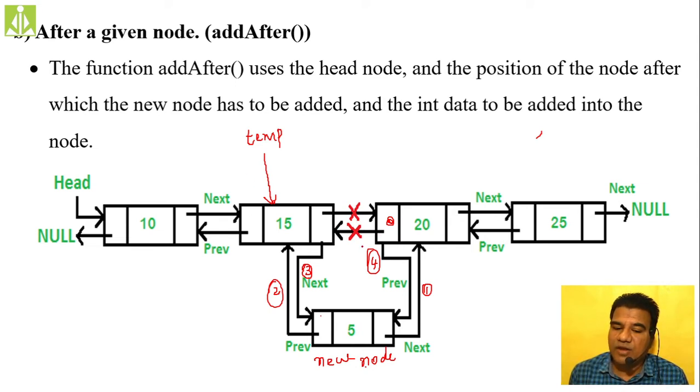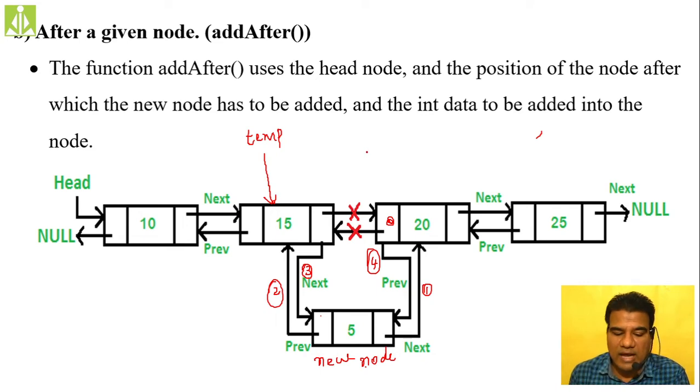When you do it like this, temp of next will become null. So there is no temp of next of previous if this node is the last node, and whatever insertion you are doing currently becomes the last node's insertion. At that point you cannot go temp of next of previous.